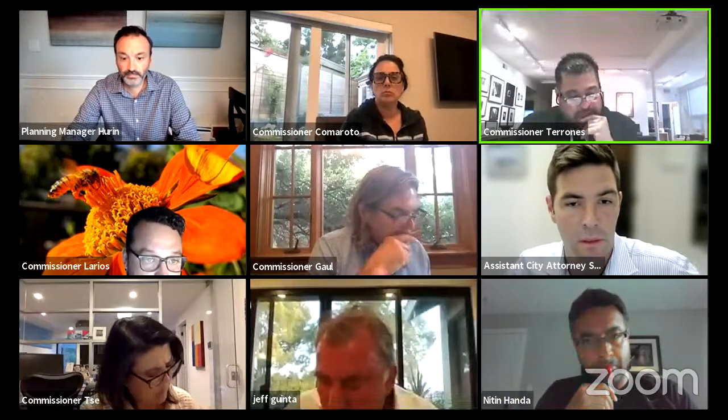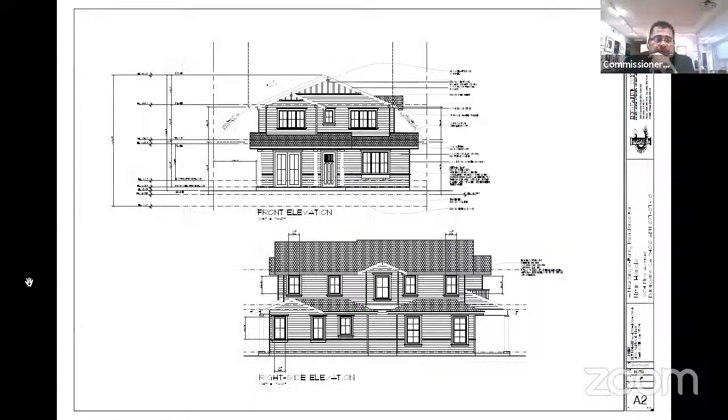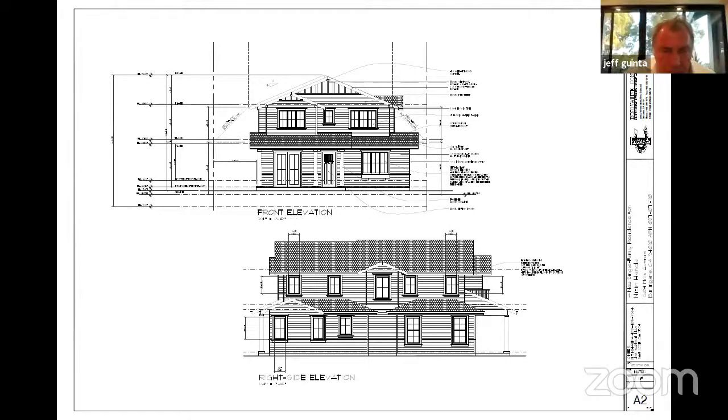Commissioner Torres. Yeah, thank you. Question on what we're seeing on the front elevation, which I guess manifests also on the roof plan. You've got the gable on the second floor, and looking at that front elevation, it's a fascia that's basically really just sitting right on top of the roof of that second floor. There's no gap in between, and I can see that fascia end up being mostly flashing.